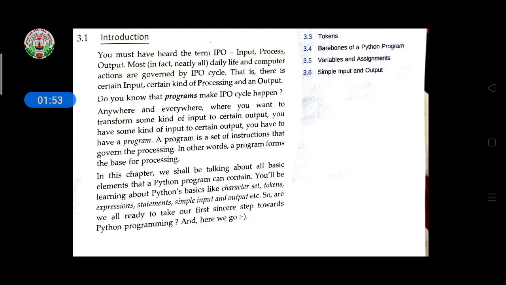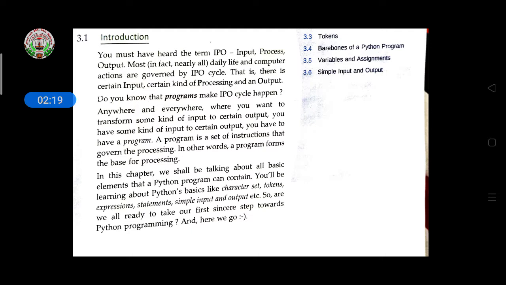In other words, a program forms the base of processing. In this chapter, we shall be talking about all the basic elements a Python program can contain. You will be learning about Python's basics like character set, tokens, expressions, statements, simple input and output, etc. So, we are ready to take our first sincere step towards Python programming, and here we go.